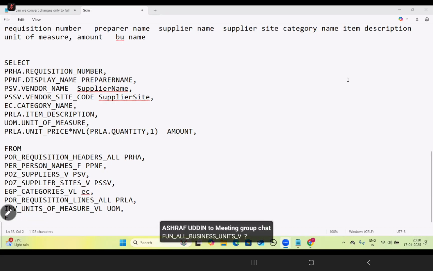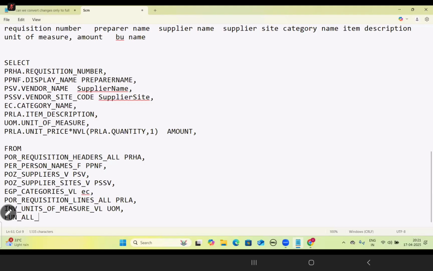Can you hear me, guys? Yes. There is one important table across all the modules, business unit. For example, when you are in the company perspective, multiple business units will be there, right? What is meant by business unit? It is where the company is running. For example, if you take the South India Shopping Mall, in Hyderabad, how many places will the South India Shopping Mall be there? So one business unit is called one location, I can say. All the business units will be stored in standard Oracle tables, all underscore